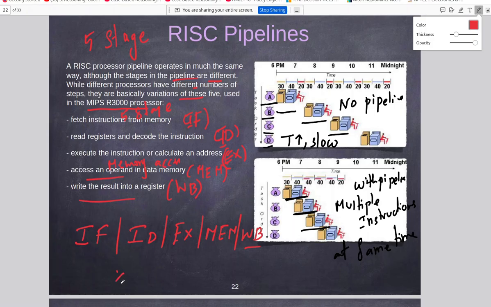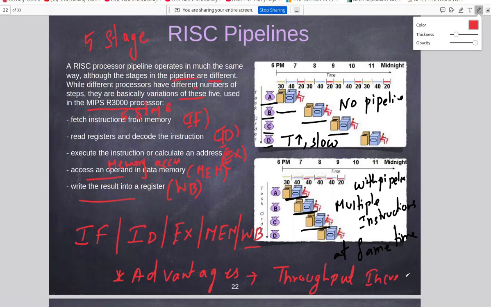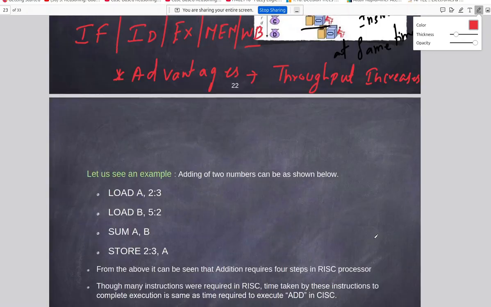So what is the advantage of using a pipeline? Throughput is going to increase. Throughput means output. So throughput increases. If they ask you a question about what will happen if you use a pipeline, in that case throughput is going to increase. Okay, so next